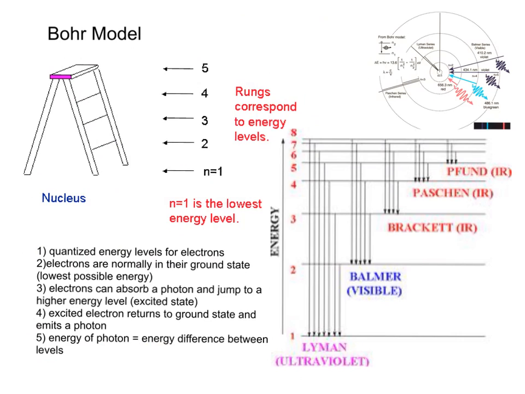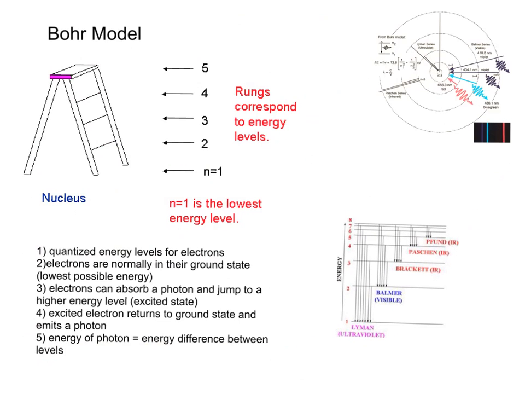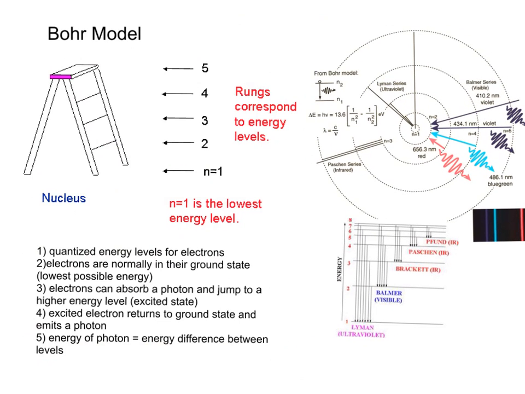We could predict energies that should come from these different jumps from one level to another based on the energy levels that Bohr had identified. And there is one last thing we should point out. Like I said, we're going to tell you how to calculate colors based on what we're talking about. So if we look at this one again, you can look right here and see delta E equals hv. And at the very end, you see 1 over n squared 1 minus 1 over n squared 2. That's saying that is the jump from one level to another. And that we can use to calculate the energy, and we can plug it in here to calculate wavelength, frequency, energy, everything we want. There's a lot of information being thrown at you right here, and we're going to have a lot of practice with it